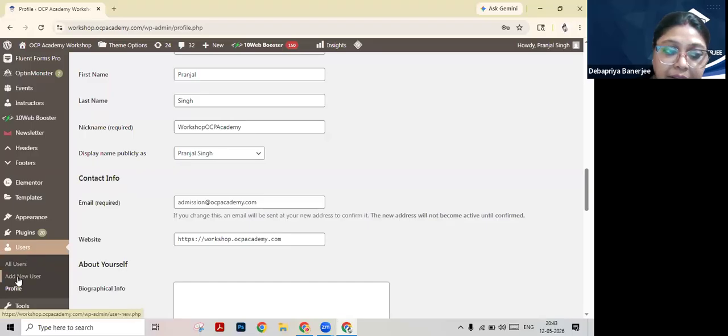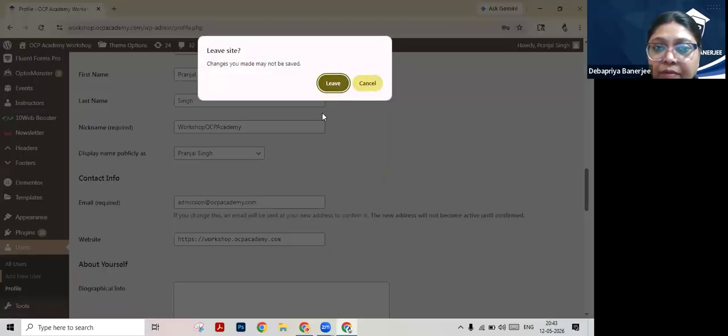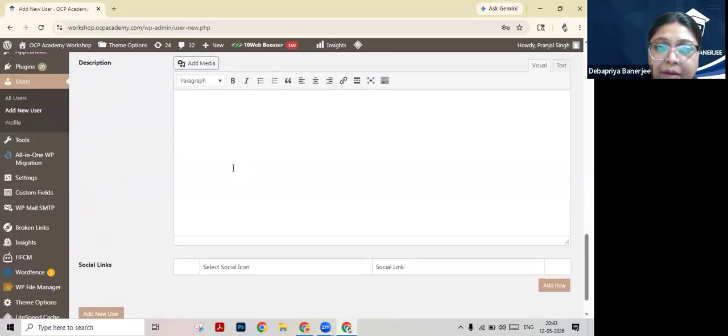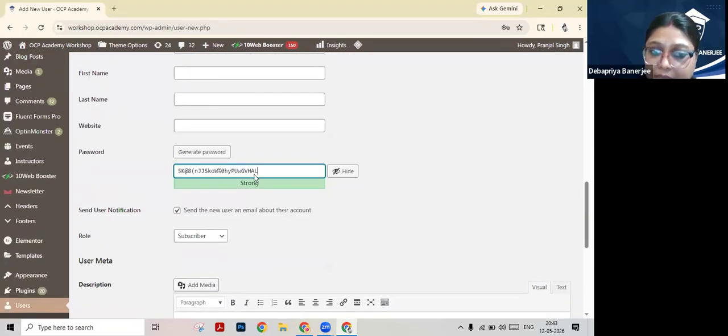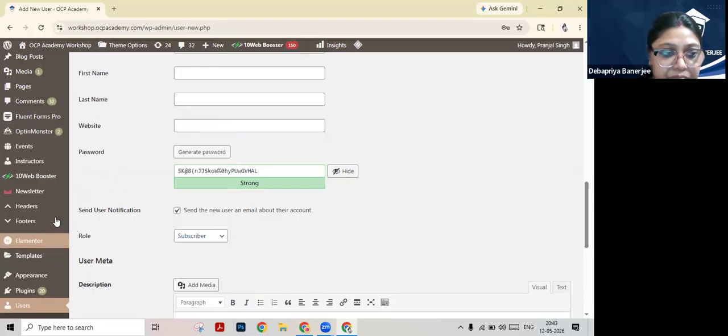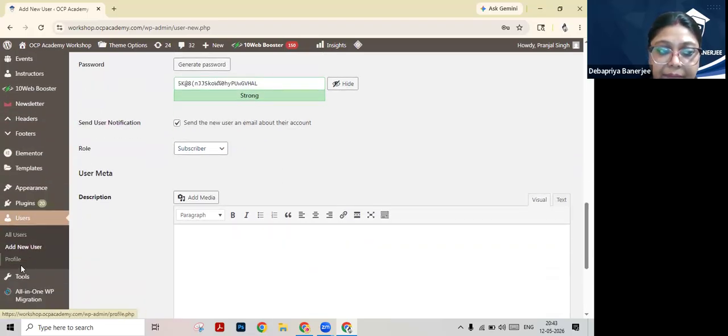You can also go to add user and add multiple users from here. You can generate the passwords and you can have multiple roles: customers, subscribers, contributor, author, editor, all these things you can have here, right?